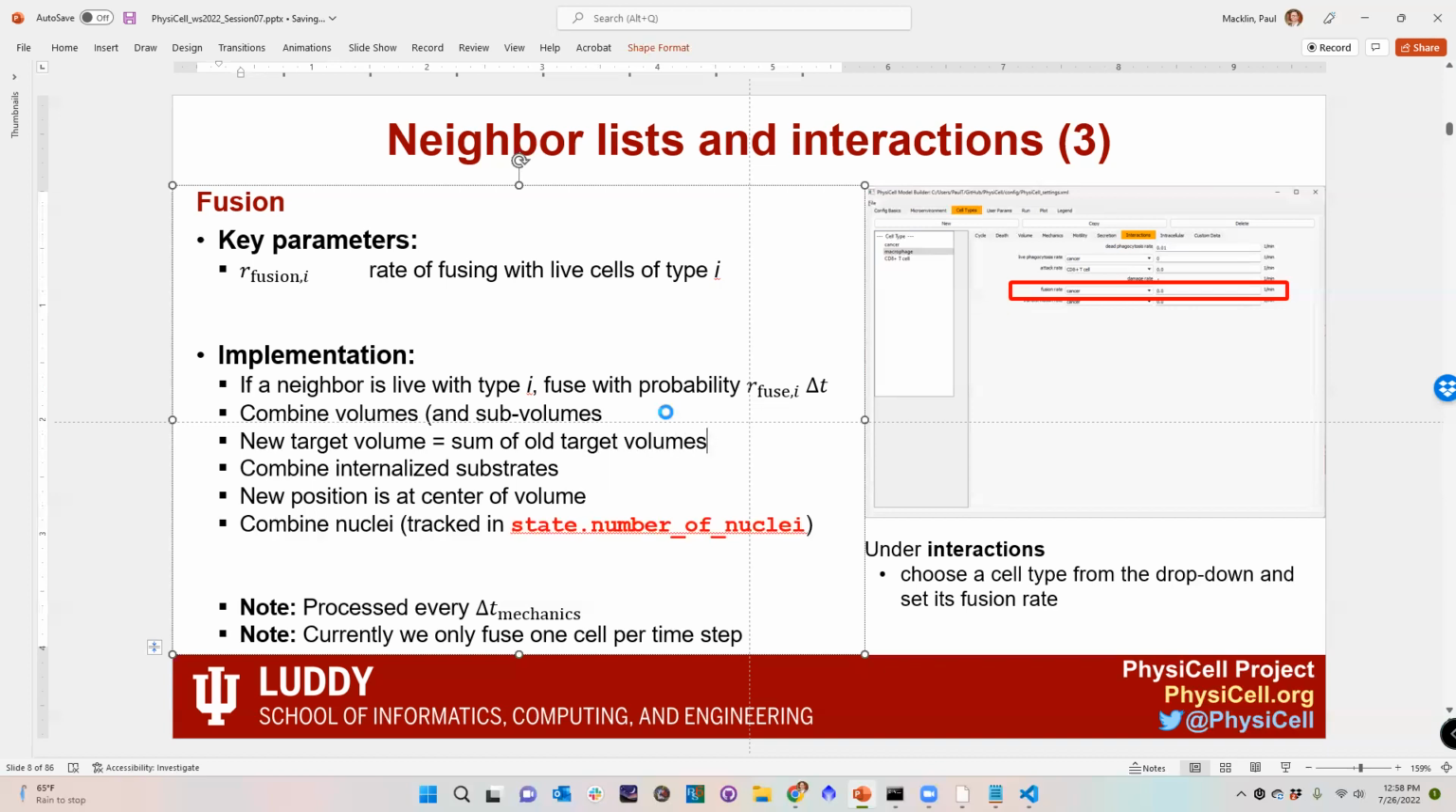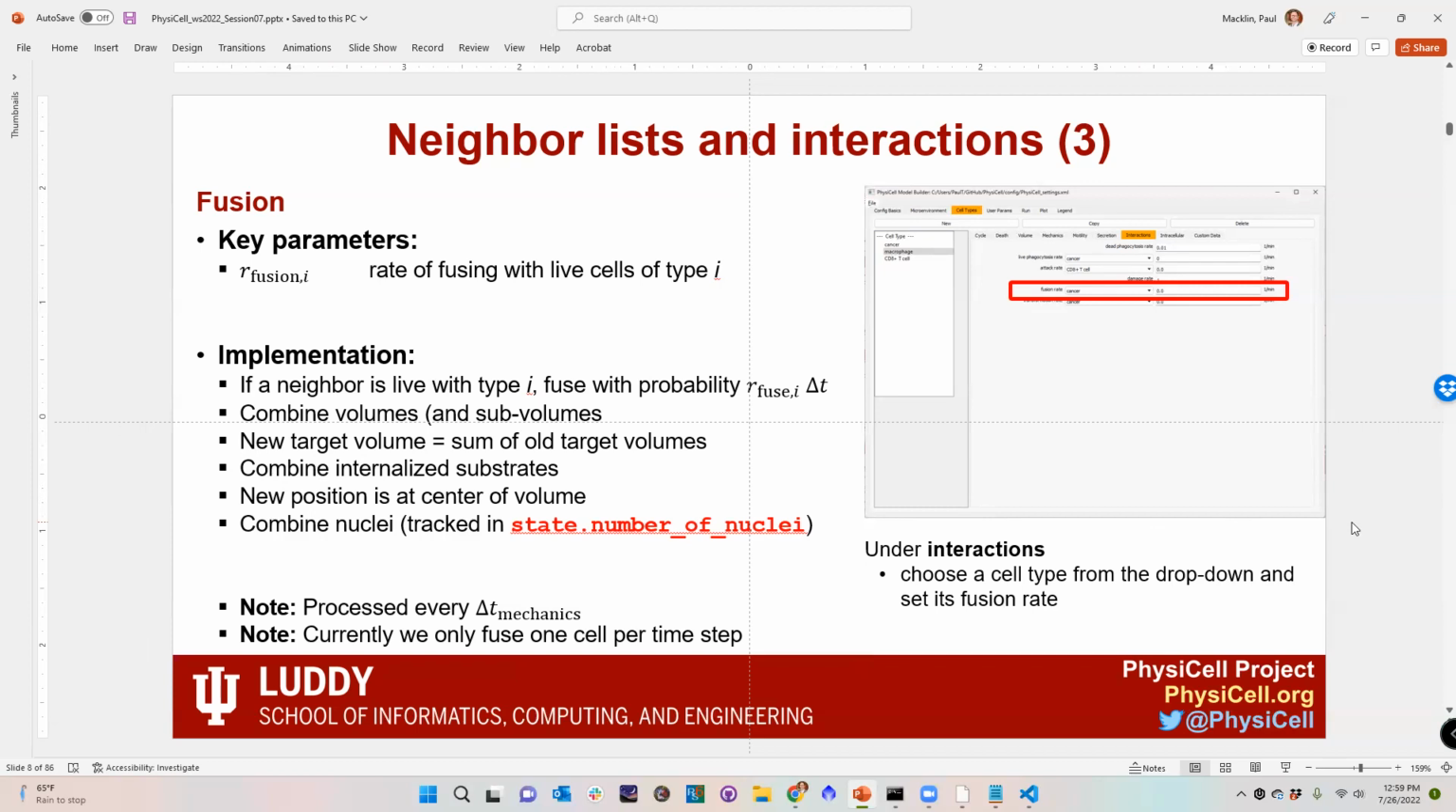So the newer, bigger cell keeps the larger size as its target volume, so they won't shrink after it. This is not phagocytosis. This is not eating. This is actually like a merger of the cells. Okay, so the target size for the merged cell will be bigger, and this is in the interaction tab,